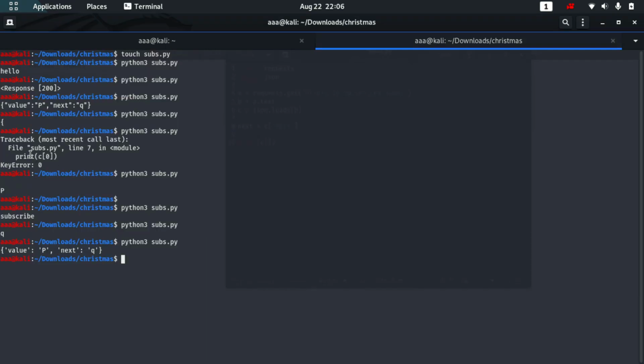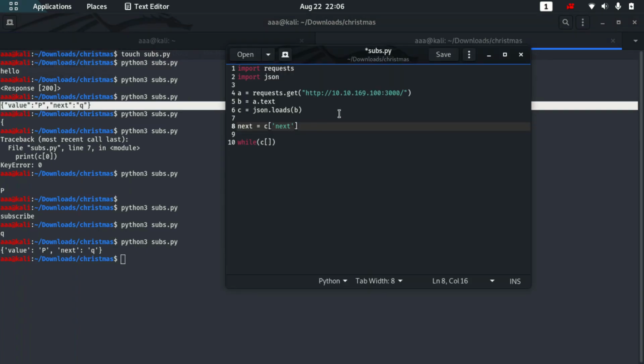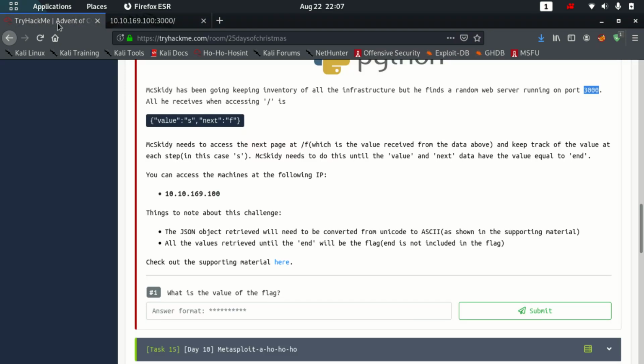See, I'll just put a sample over here for you. So this is how it is looking right now. So next is equal to c, it will give me this q value. So I'll have to do till the time next page. Let me name it next page for lesser confusion. So till the time next page is not equal to, you can even put an exclamation mark equal to, is not equal to end. So the question says we need to do this till the time we don't reach end.